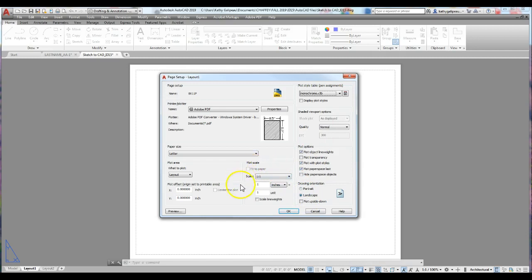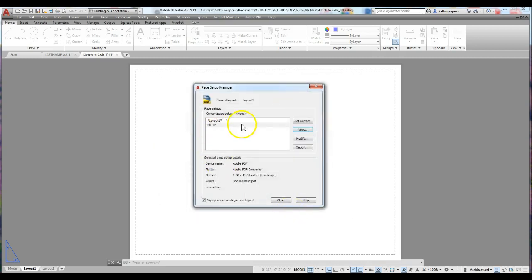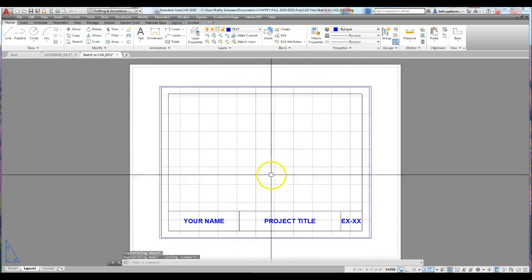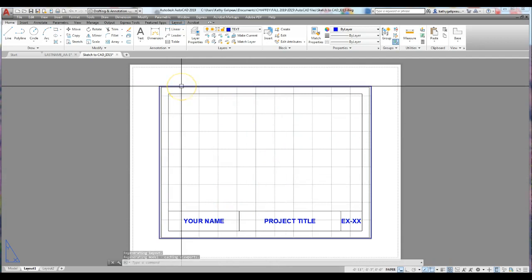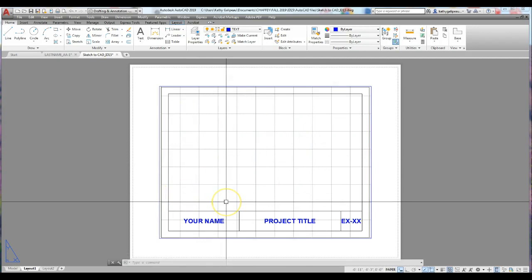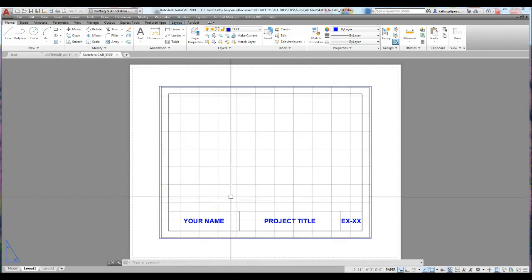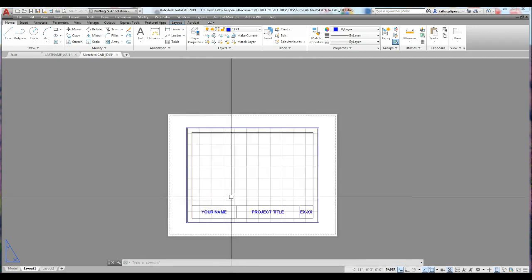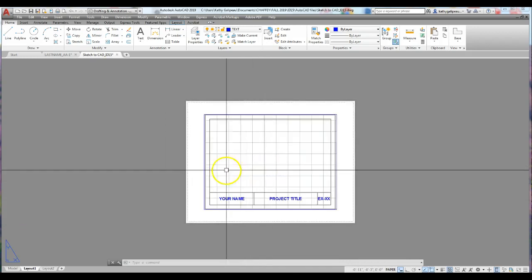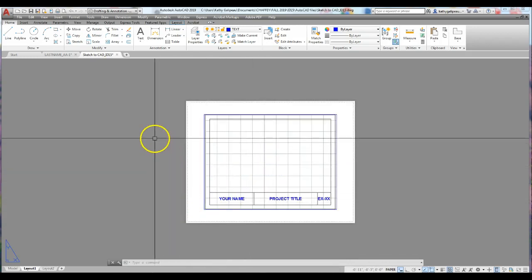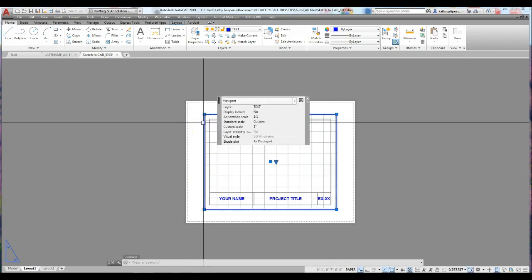Landscape, we always want to make sure that in Paperspace our scale is 1:1, and then we're going to click OK, and we're going to hit set current and close. So now that we have that set up, it's going to zero in. It's going to create a viewport for us, and it's going to zero in on our title block that's in our model space. This isn't what we want to be showing anymore, so we are going to delete this viewport,